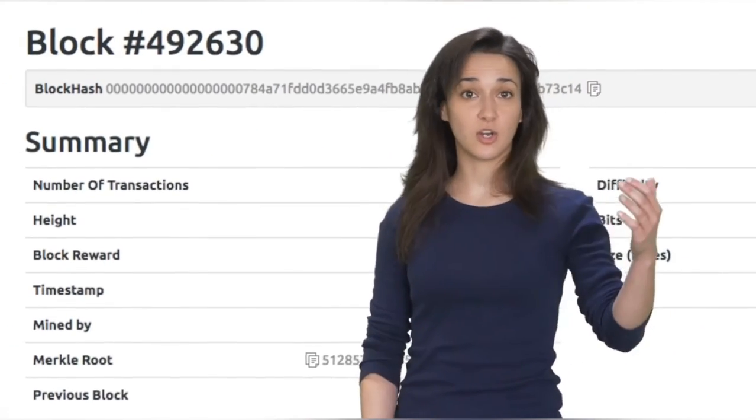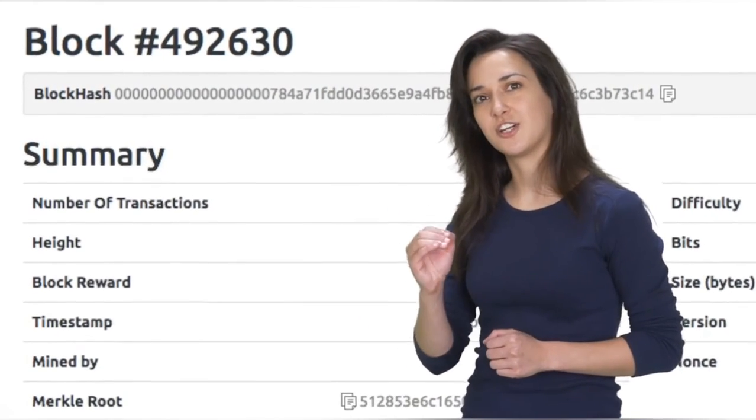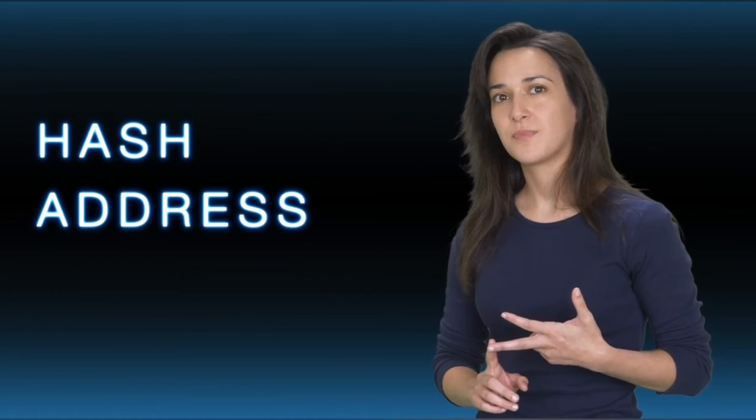So anyone can go and look at the Bitcoin public ledger and see all of the transactions. When you send or receive Bitcoin, you can identify your transaction by the unique hash that is created, the address of the user it was sent to, which is a randomly generated set of numbers and letters, or the IP address it was sent from. So on to the next question.